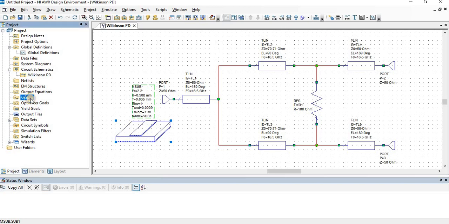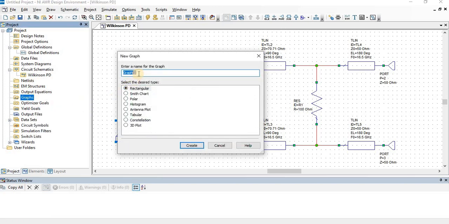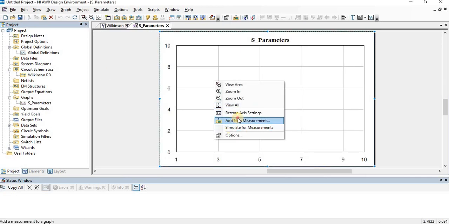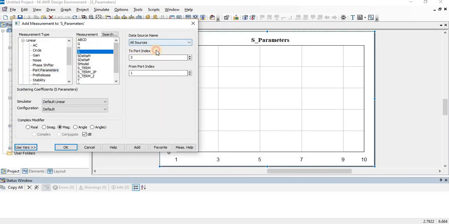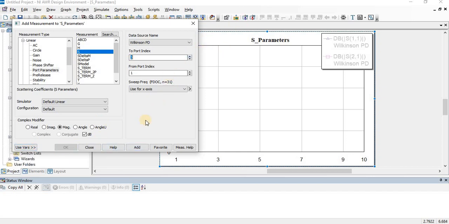So we'll go to graphs, place new graph, then go to S-parameters. Okay, and then add all the measurements over here. So first will be S11, add it, S21, add it, S31, add it.